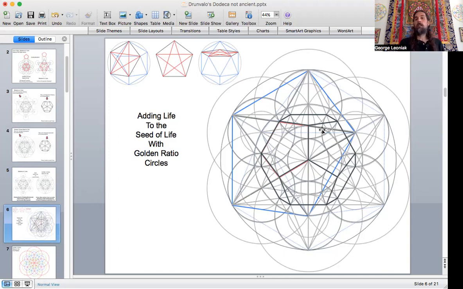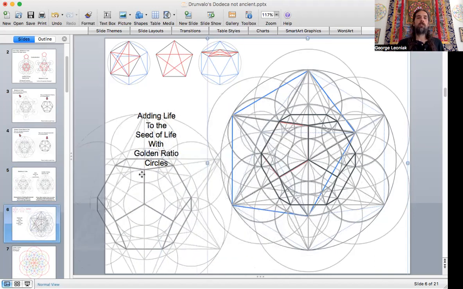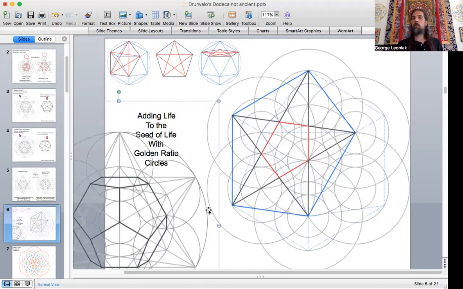And so here is the drawing that I've been showing you. There's our dodecahedron right over top of this. And there are two drawings on top of this. So I'm going to just remove this one so we can just see that I just enlarged. That was the previous one we were looking at. But then here's our icosahedron.